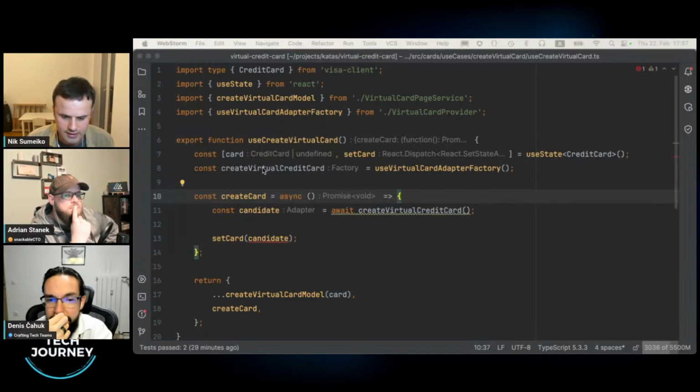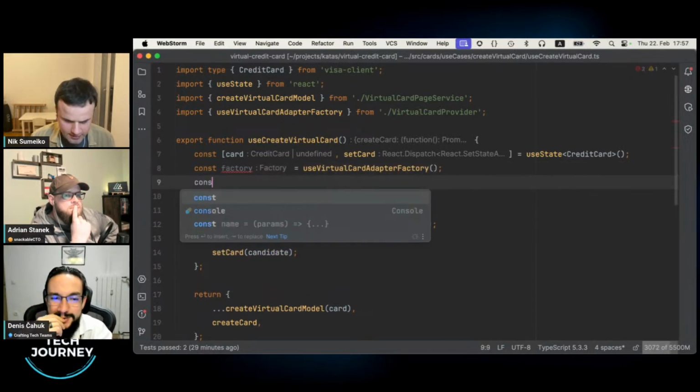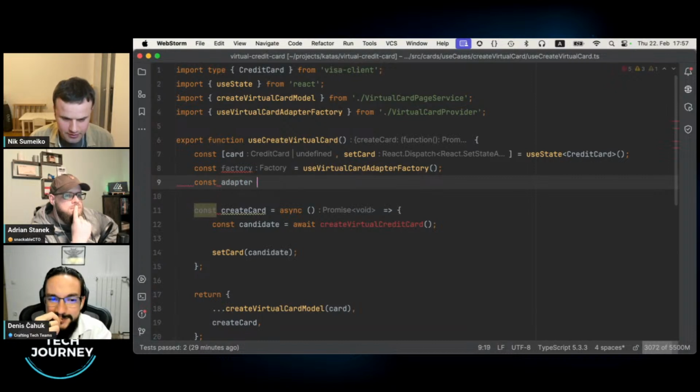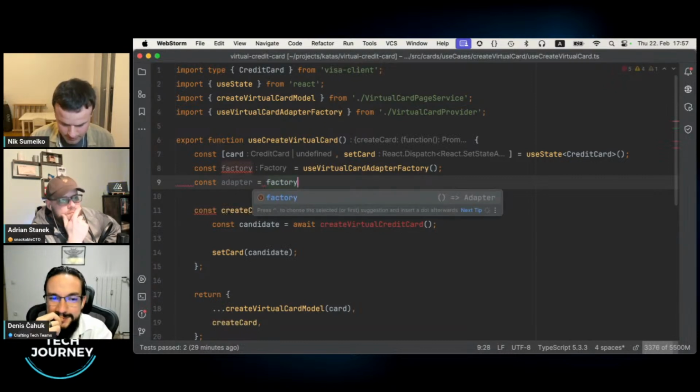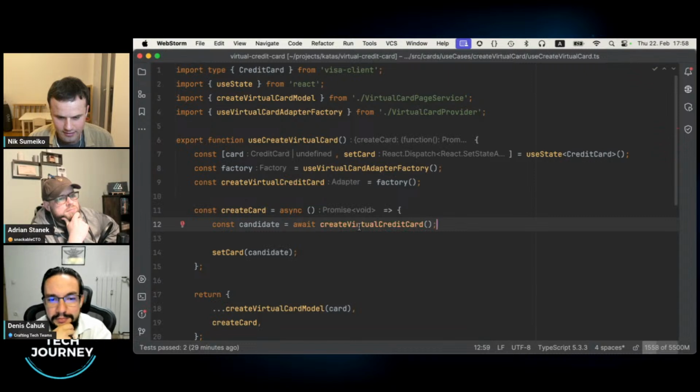No. That's different stuff. So this is a factory that we get. But the factory gives us an adapter. And now the adapter, actually, we can name like this. Please. Yes, makes sense. And now the TypeScript is satisfied.